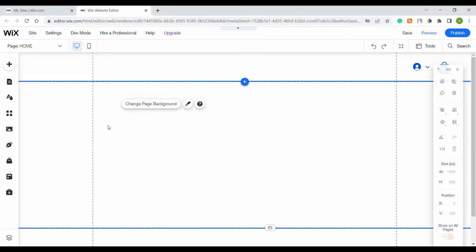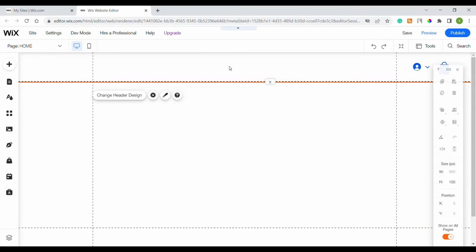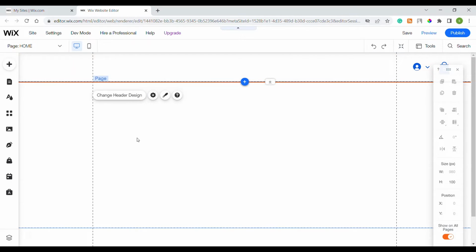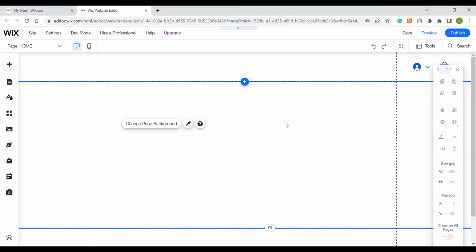So to start with, I have opened this editor of a Wix site. As you can see, there is no menu in the header. It's clean and the background color is white for now. So to add a menu, just click on Add,